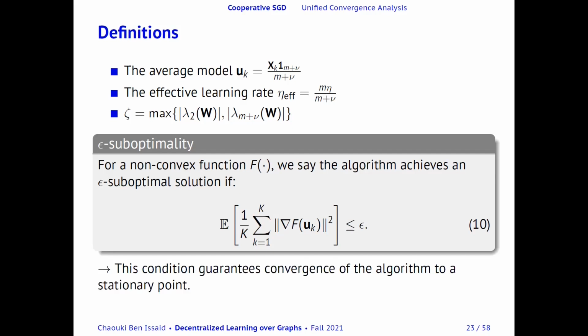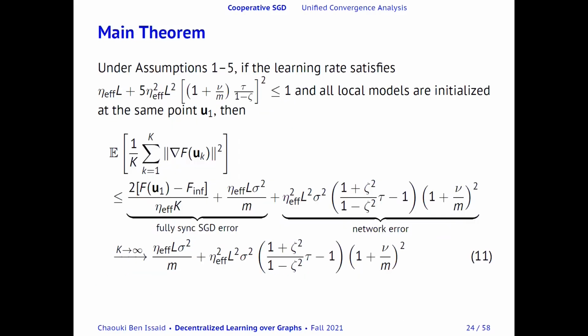And this inequality guarantees that the algorithm converges to a stationary point. Under the previously introduced assumptions, provided that the effective learning rate eta satisfies the following equation, and that all local models are initialized at the same point u1, then the average squared gradient norm after K iterations is bounded as follows,